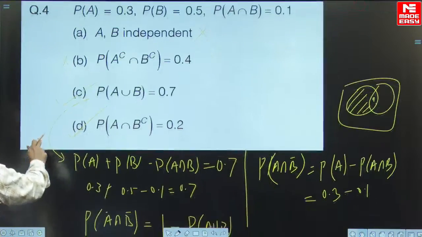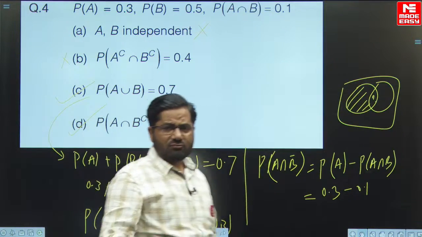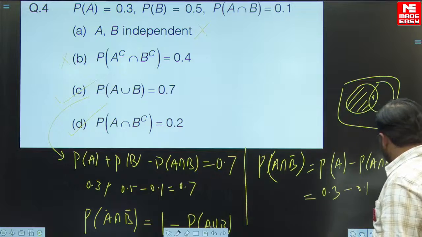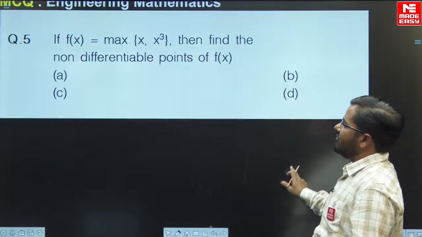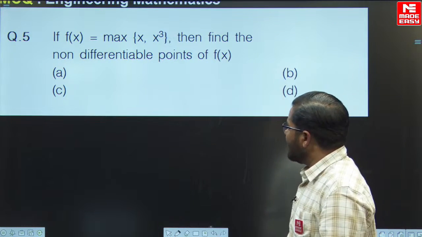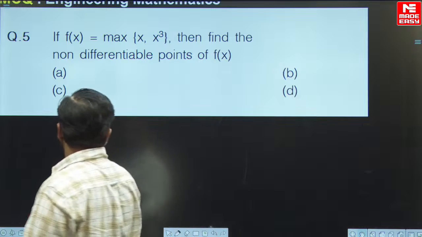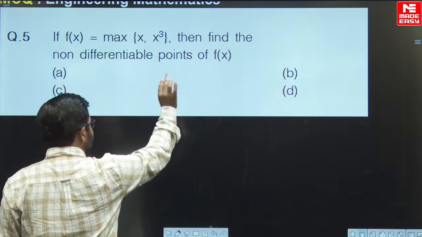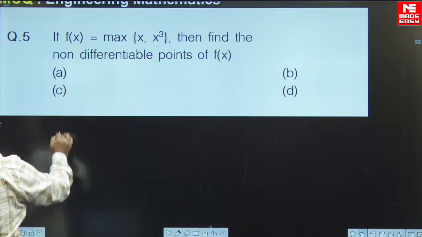It means for question number 4 answer is option C and option D. उम्मीद आपने किया होगा। Moving on to the last question, question number 5, f(x) is maximum of x, x cube, then find the non differentiable points। इसके कितने non differentiable points होंगे, options नहीं है, चेक कर लेते हैं।